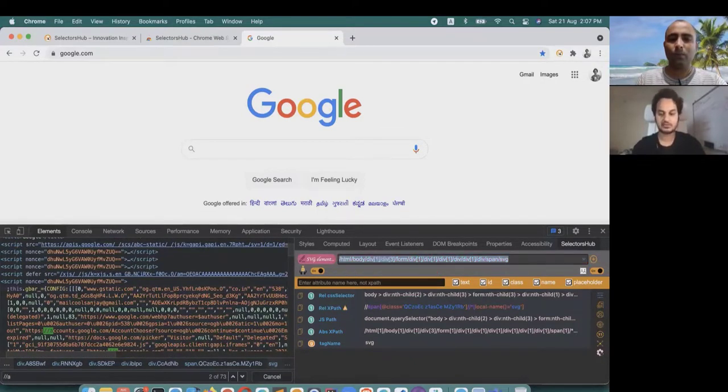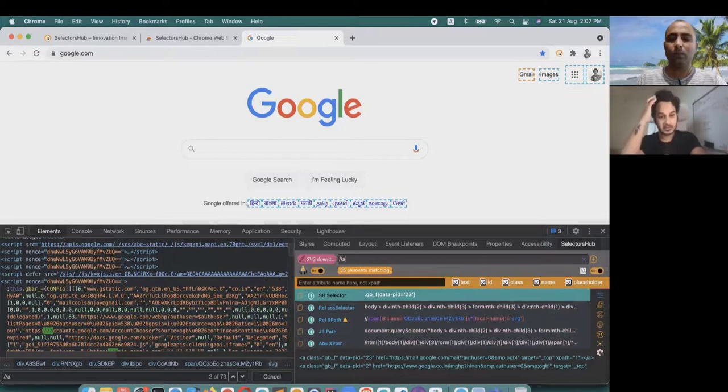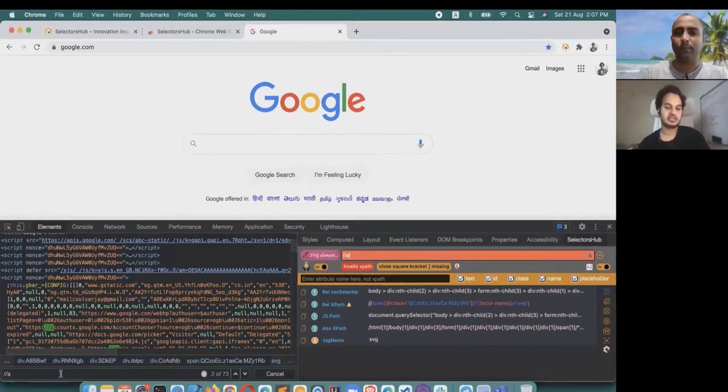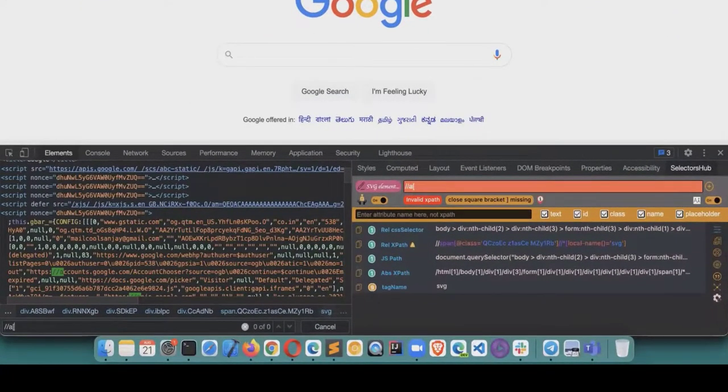So the selector tool is the very first standard XPath tool to write and verify selectors, which gives you the right count of selectors and the right information about what you are doing wrong. But in DevTools, it will show you zero matching nodes. You don't know whether you have written the right XPath or wrong XPath, or whether it is actually zero matching nodes or something is wrong. That's where it helps a lot.